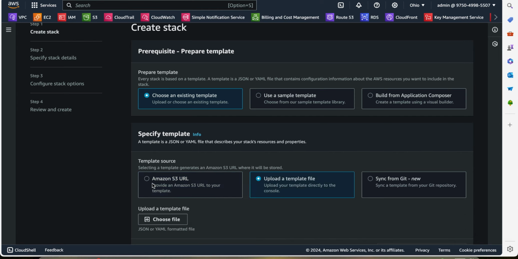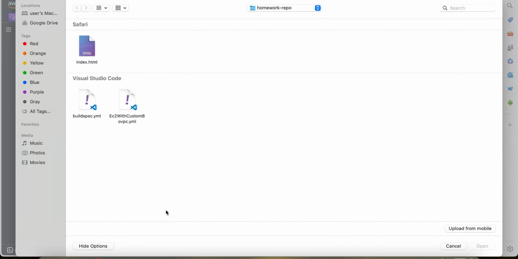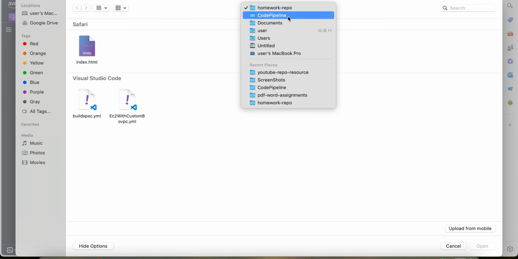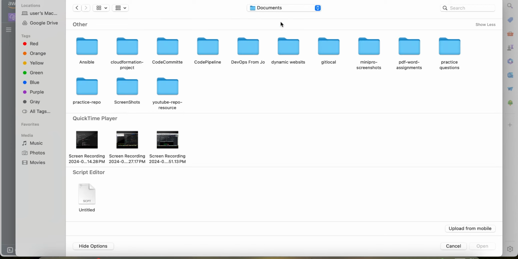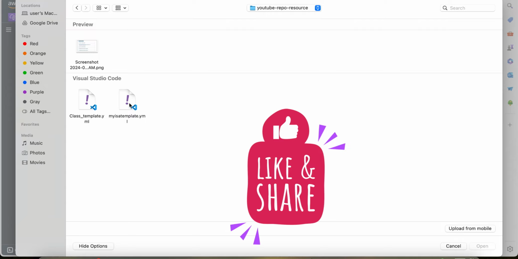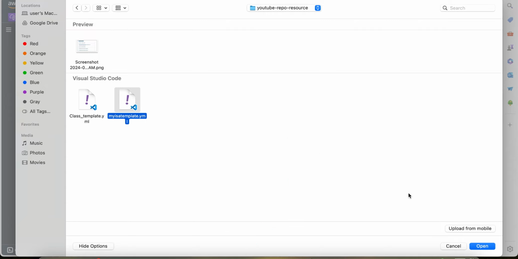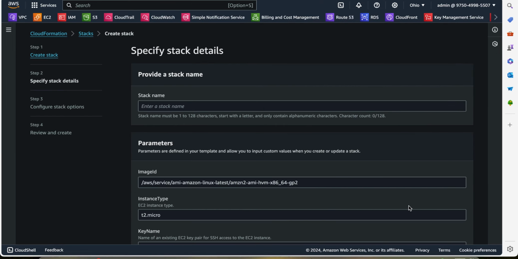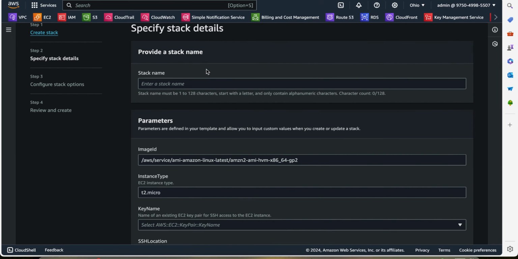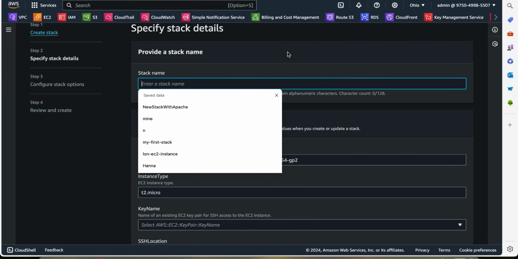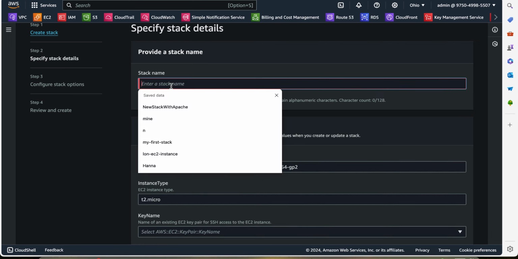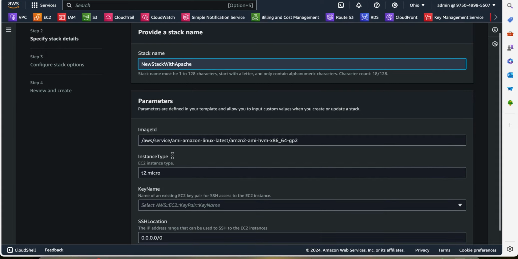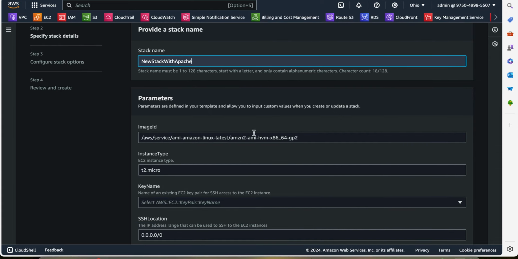upload an existing template, and I say let me choose a template, and the template that I will choose here, it's taking me to my home page, so I can simply get documents here, and I'm getting it from here. So I can say let me get like this one, see what it's going to do. So there's a template, and I try to run it, and here, because of the parameters that were provided, it's asking me, okay, there was a parameter that requested a name, and I'll provide a name. The image is recognizing this that we provided in the parameter,